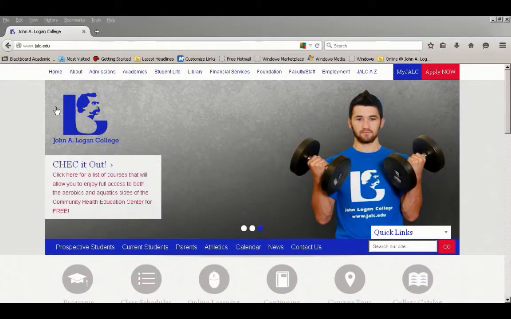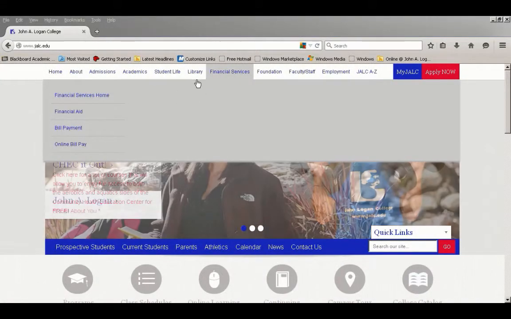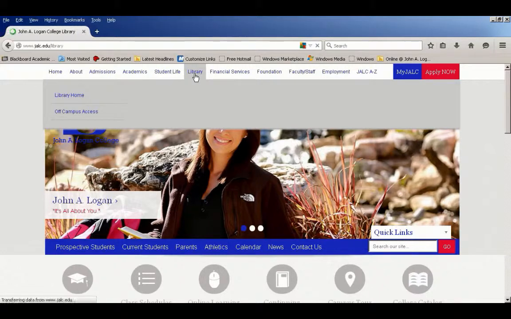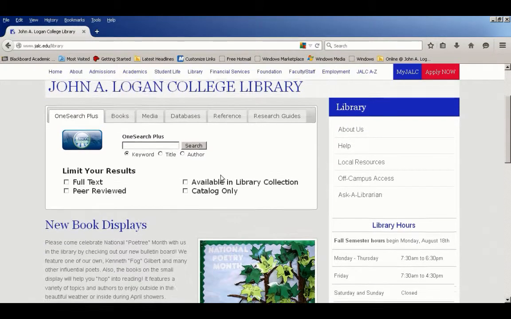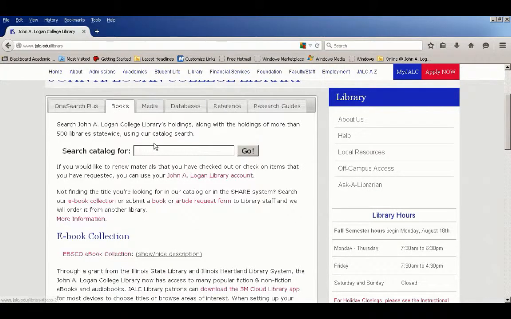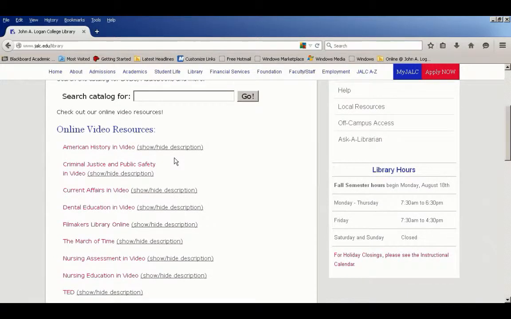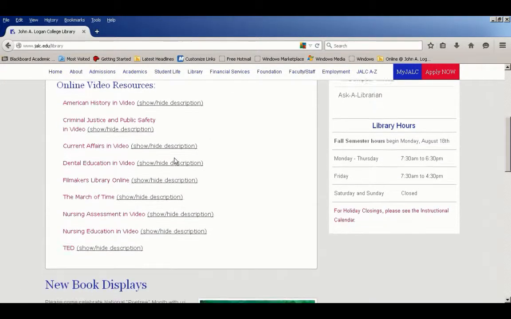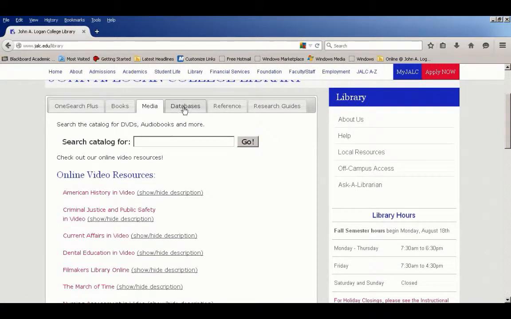I'd like to go over the library website for you. From the main Logan website, click on Library. And you're at the library home site, and you'll see these different tabs up here. The OneSearch Plus tab is going to search our online catalog and most all of our databases. The Book tab will just search our online catalog, which we are part of the Illinois Heartland Library System. The Media tab will show you some different video collections that we have for you. As you scroll down, you can see those, and your students will be able to get to those off campus